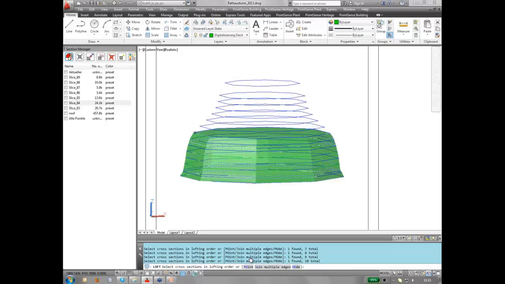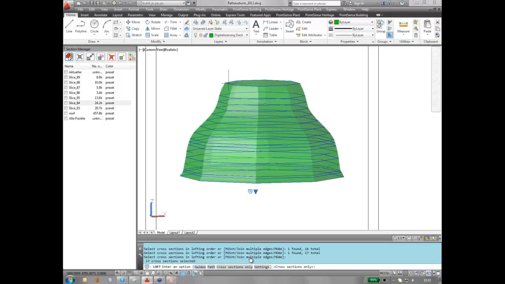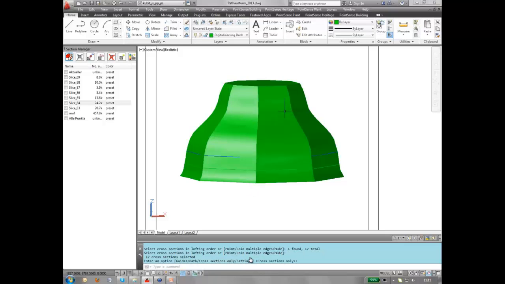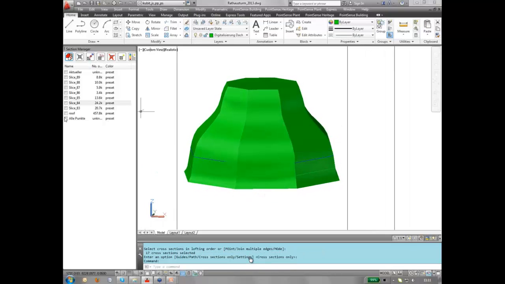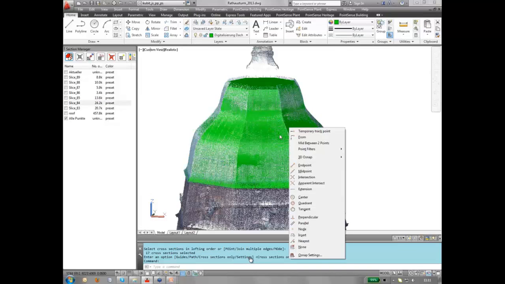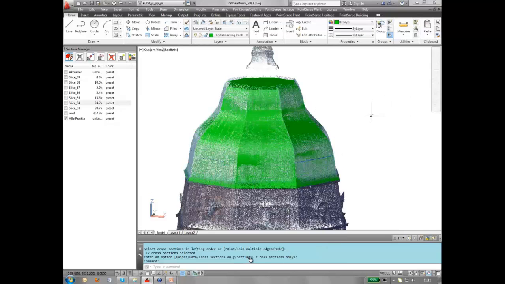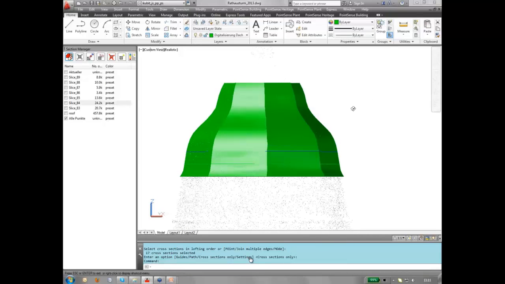There are quite a few, but the loft command needs them in the correct order, so I have to click them one by one. Okay, just pressing enter and enter again. And then we have the rooftop. Let me just show you how it fits to the point cloud. Okay, so this is how you can model